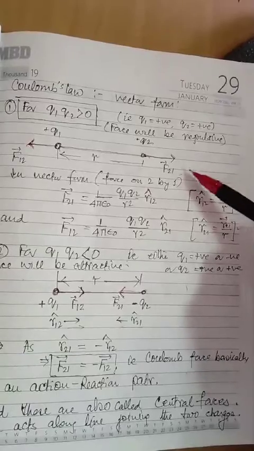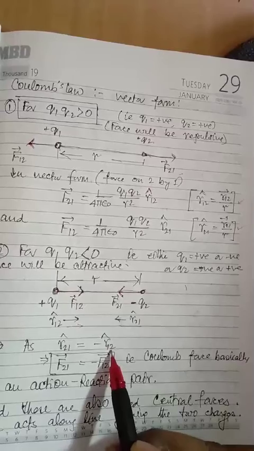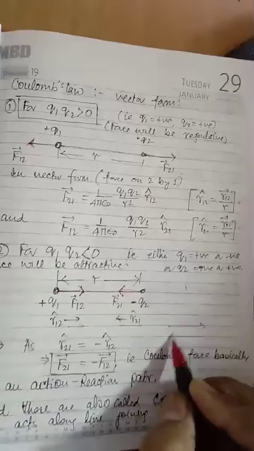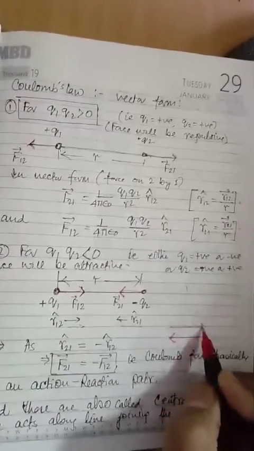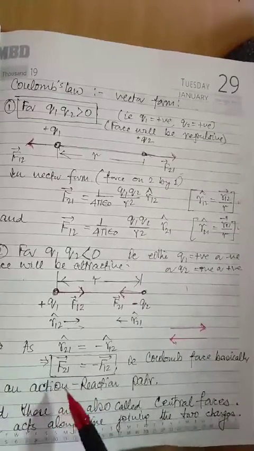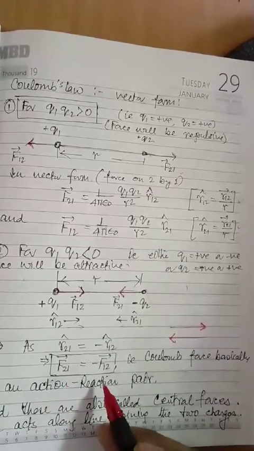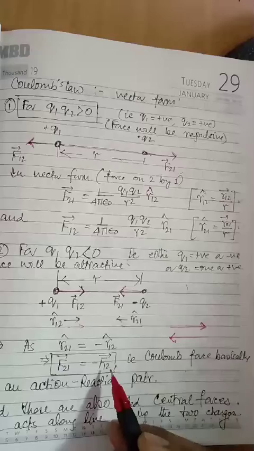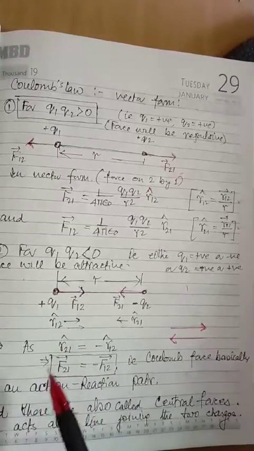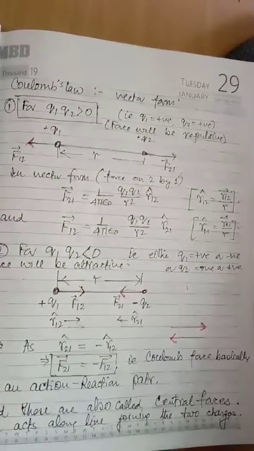Coulomb's law gives the importance of that, as R21 is the negative of R12. The two vectors, if equal, are opposite to each other; their directions are reversed. So what does it mean? It means that the forces acting between the two charges are equal and opposite to each other. That is, it obeys Newton's third law, action and reaction. So basically Coulomb force is an action-reaction pair,